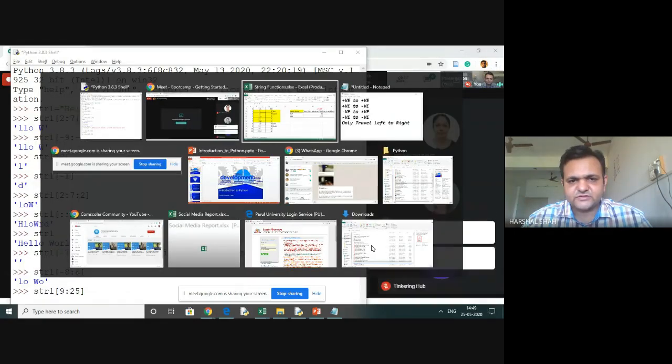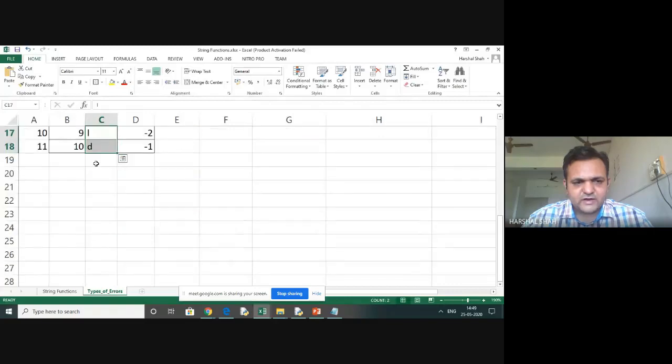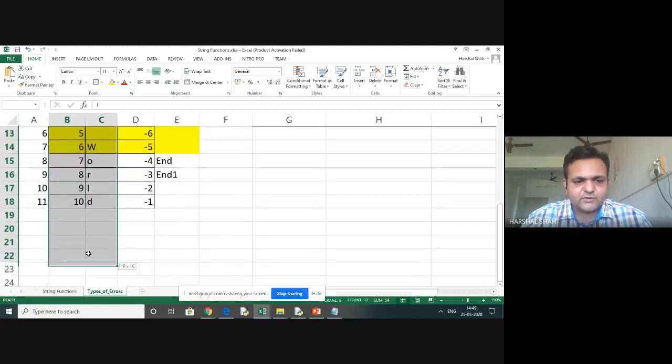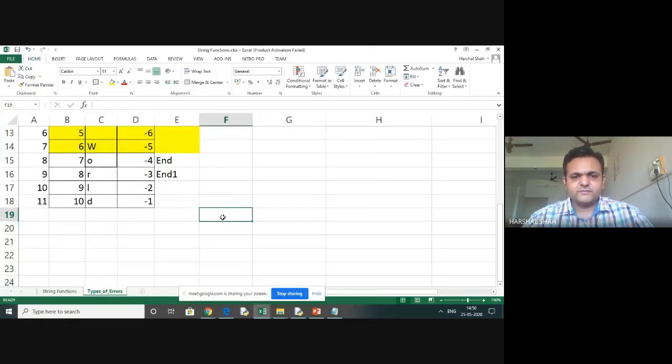Yes, as per the sheet, we started with the 9. LD will come, and the rest of the empty string up to 25 will be considered and will not give us an error. So when we have a number which is not there, but the direction is left to right, it will work, and if it is not, it will not. So obviously LD will be the answer. You can remember this when you want to have a slice.